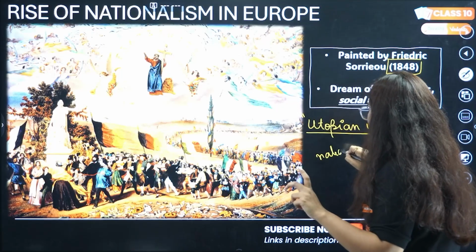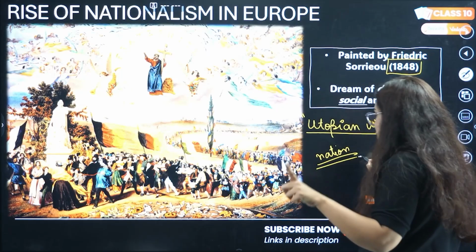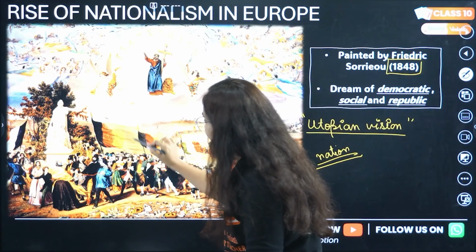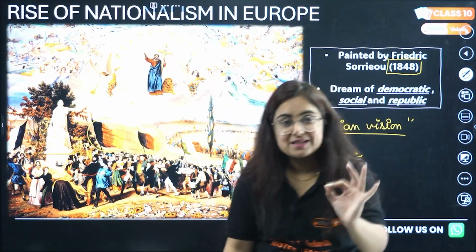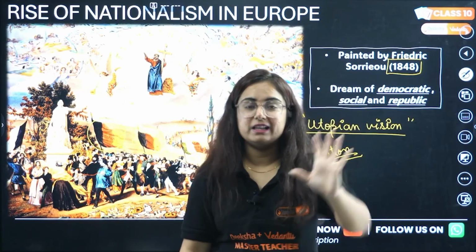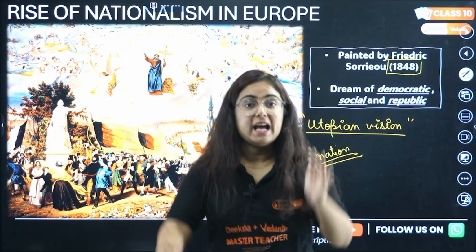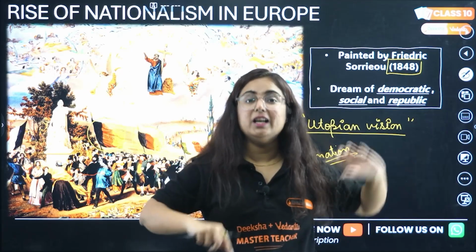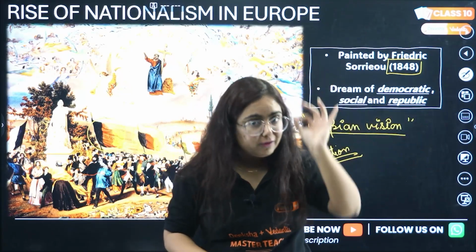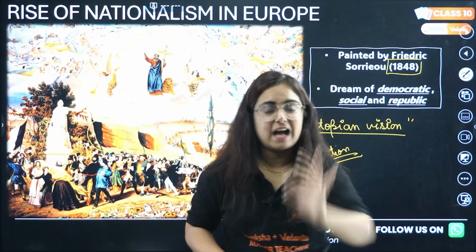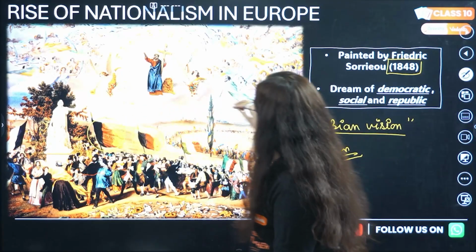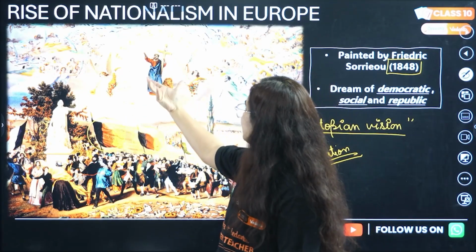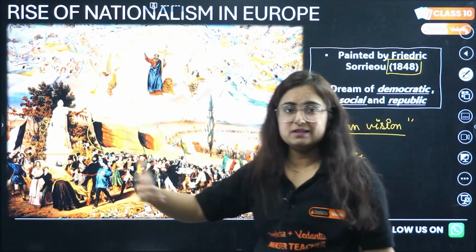Ma'am, how do we know that they want their nations to be free? Because, beta, in everyone's hand you can see a flag, different flags representing their territories or their culture. Getting my point? And they want those territories to be referred to as nations. We will understand very nicely what actually a nation is in this video only. Getting my point? Now, the whole scene is witnessed by Jesus Christ and his angels, giving blessings